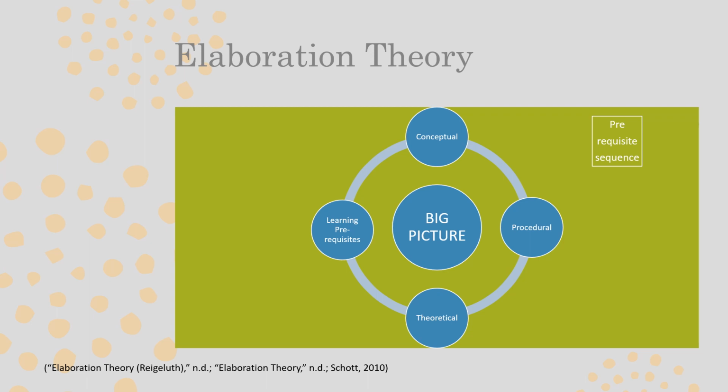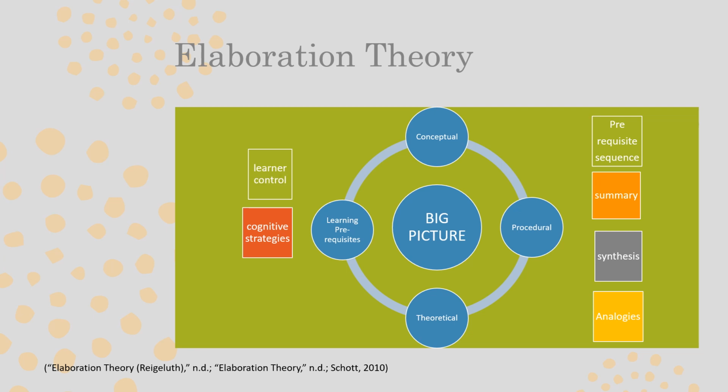And by learning prerequisites, it goes in a sequence. You can summarize the information to show the big picture, synthesize the information, and provide analogies, and this is used for cognitive strategies. Another fact for the elaboration theory is it's supposed to be learner controlled,